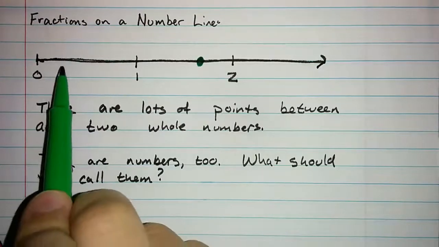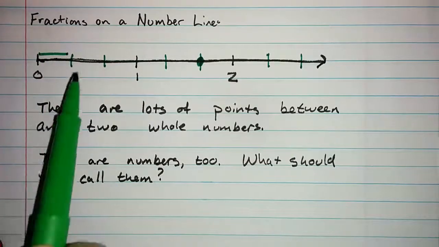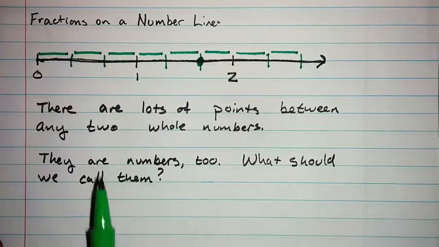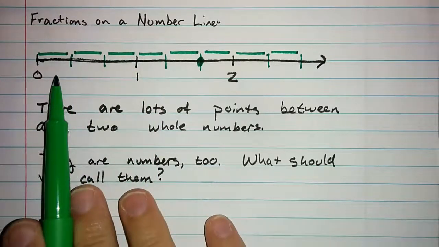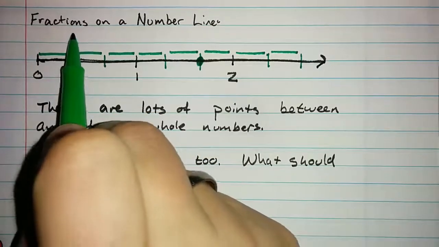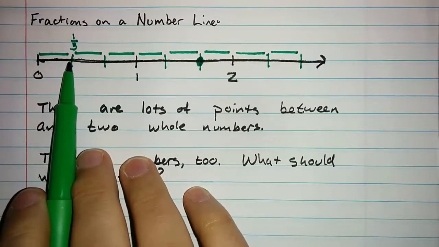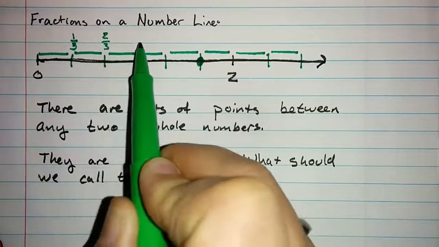Well, look here. If I split each of my units into 3 equal parts, I get these little line segments that are shorter than 1 unit each. And I call these short pieces. Because I split my unit into 3 equal parts, I call them the thirds. So this point, this first one that I've marked, this is called 1/3, 2/3,